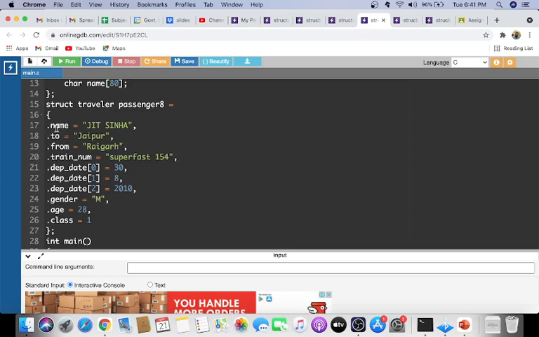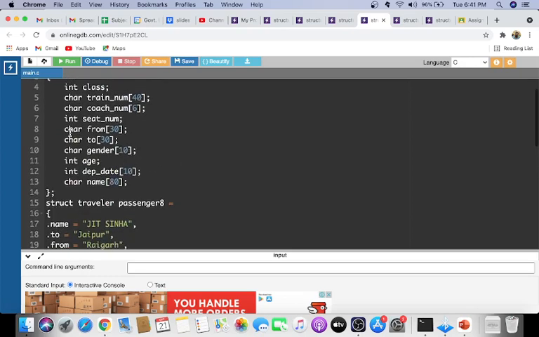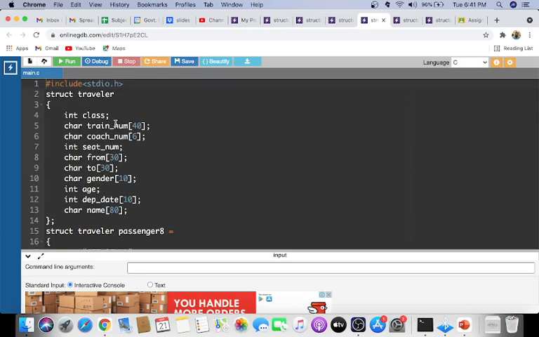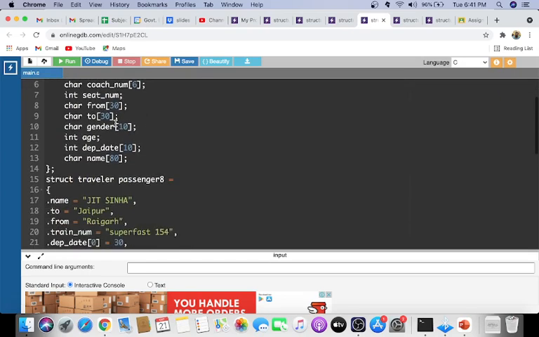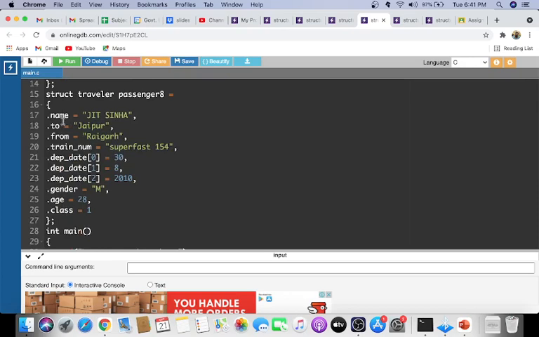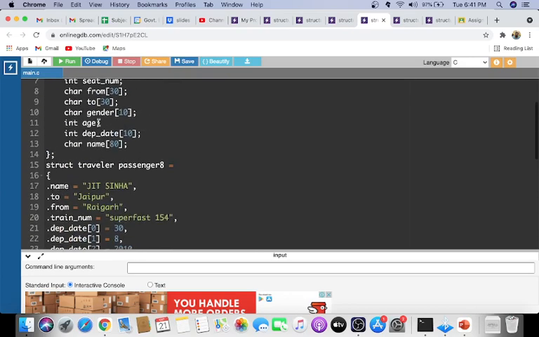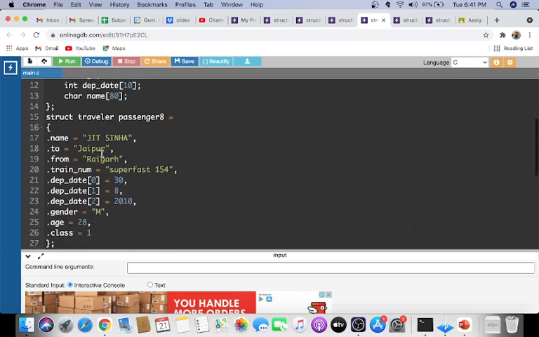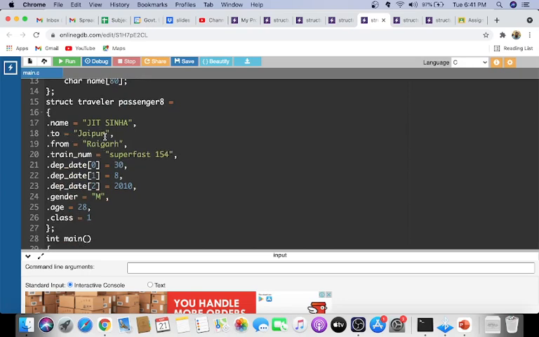I have already mentioned, if you want to initialize in any order, it is possible. So if I know which variables are there, but I don't know the order of the structure, then you can simply enter like this: .name = jitsin. Actually name is the last element. Then .to = Jaipur, and .from = Raigar, then train number, some name can be given, then departure date.